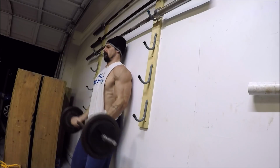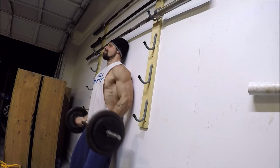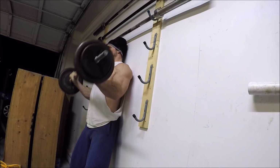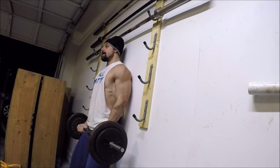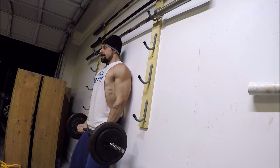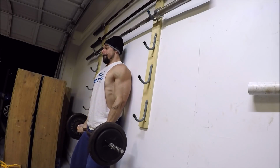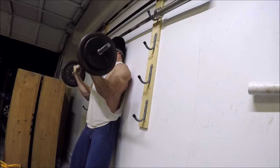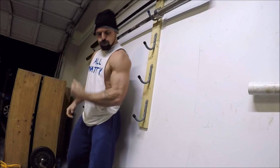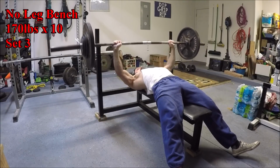I think I started with 155 pounds using this method a few months ago, and now in my most recent session, I completed the full 5x10 using 175 pounds, so 5 pounds heavier than this session here, and I didn't need to use any rest pause reps or anything to get all the reps in like I did here. So my body must be acclimating to the higher reps and just higher overall workloads here at least a little bit, so that's good. Because I had increased the weight after this session anyway, even though I technically didn't complete